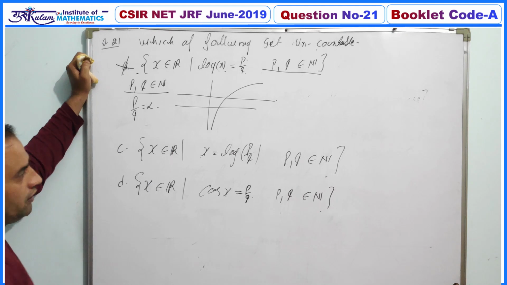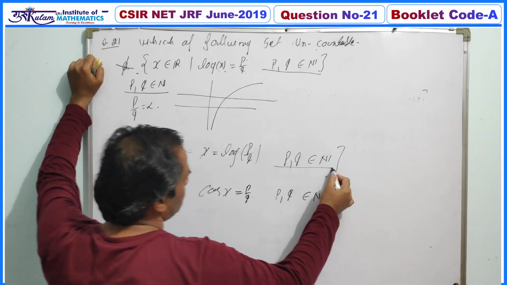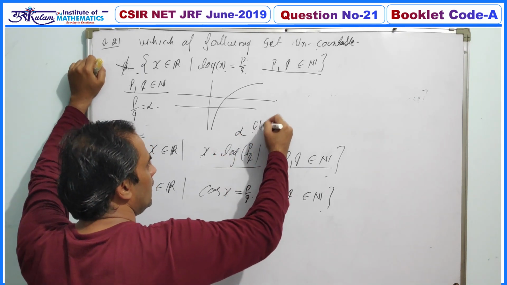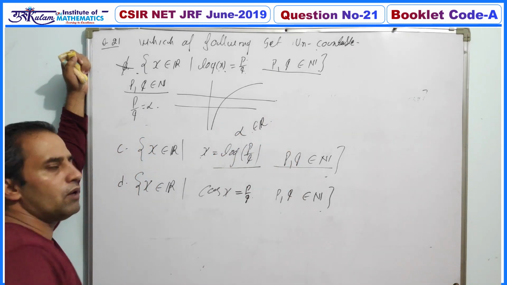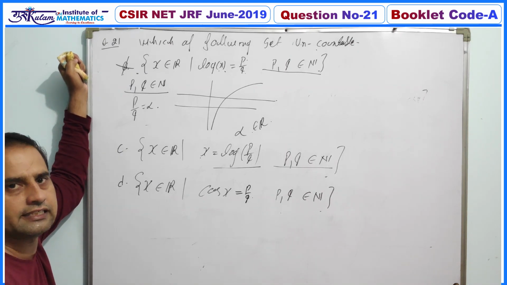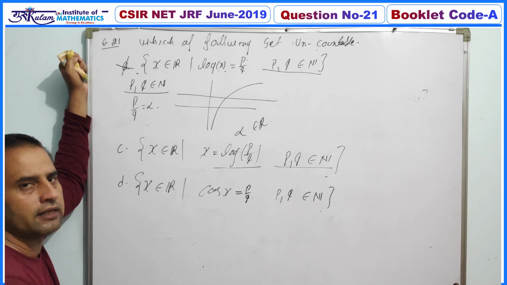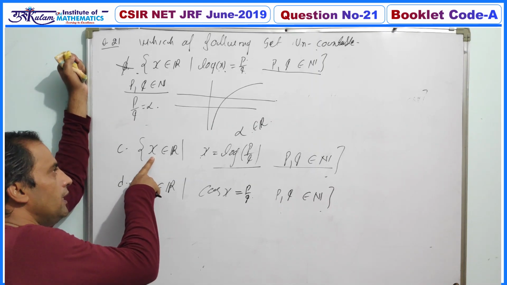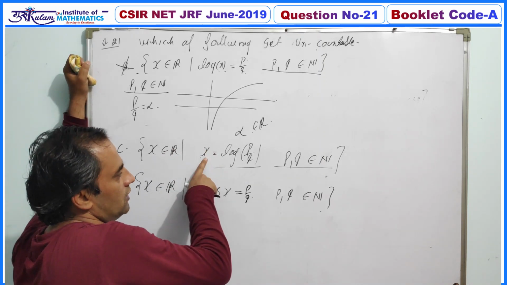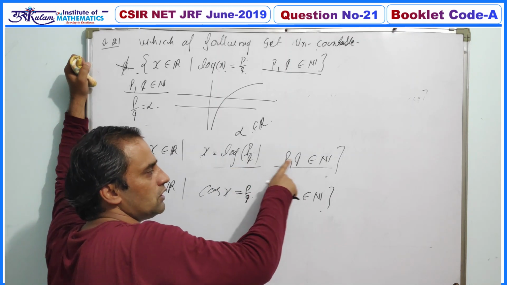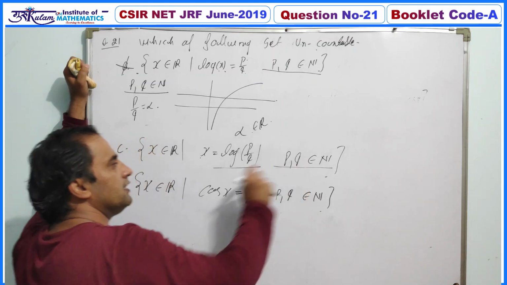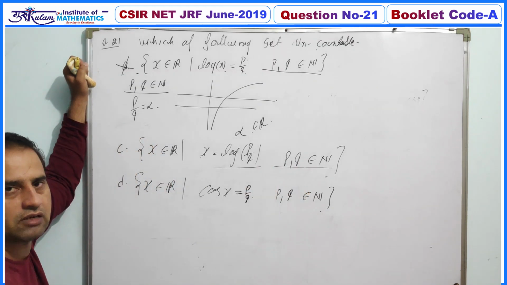Now similarly for the third option, if we take p and q as any natural numbers, then log of p by q is some fixed number alpha, which is a real number. That is, we have to find the number of solutions of the equation x is equal to alpha. So this equation has exactly one solution for any p and q. So for every p and q this equation has one solution, that is, the number of values of x for which this equation has a solution is the number of choices for p and q, and the number of choices for p and q is countable. We can say that a countable union of countable sets is countable, hence this one is also a countable set.